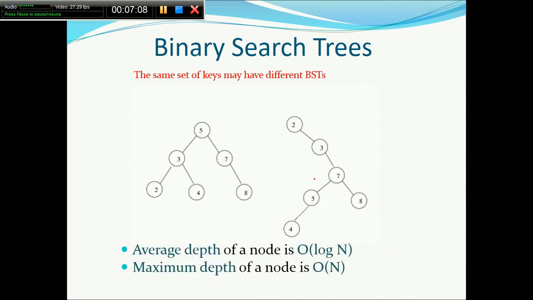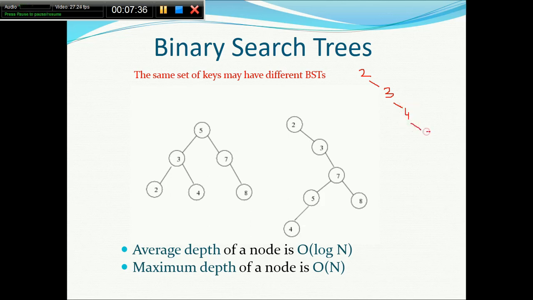Average depth of this particular tree, for a particular node, average depth would be order of log n. So if it is a balanced tree, the node average depth would be order of log n. But since skewed trees are possible here, you can see in this way: 2, 3, 4,